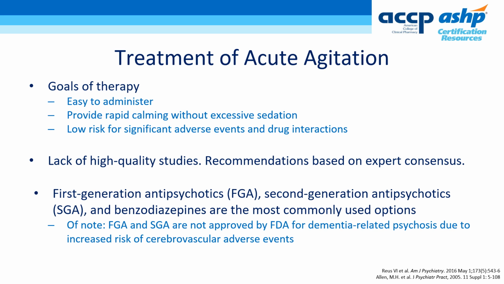The assessment and treatment of an agitated patient is complicated, and the cooperativeness and/or inability to give a relevant history often forces clinicians to make treatment decisions based on very limited information. So, in the undifferentiated patient, the optimal medication is one that is easy to administer, provides rapid calming without oversedation, and with minimal risk of adverse events. Now, there is no medication, as I've said before, that is considered to be best. However, pharmacologic management of acute agitation has traditionally employed three classes of medications, including first-generation antipsychotics, second-generation antipsychotics, and benzodiazepines.